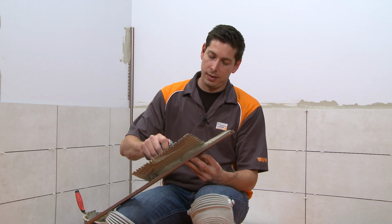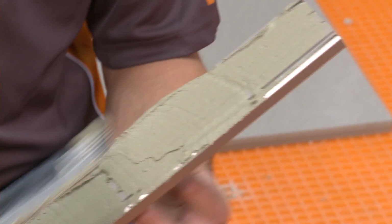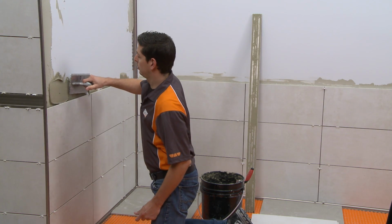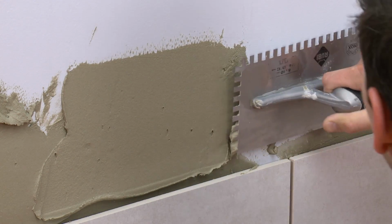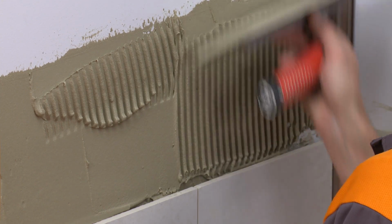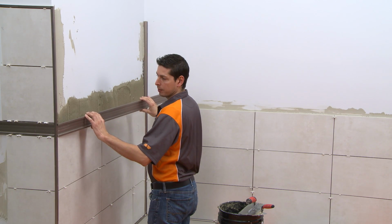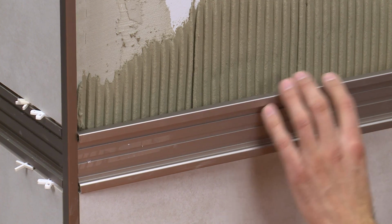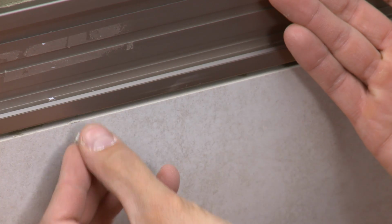Fill the dovetailed grooves on the backside of the QUADEC-FS. Using a notched trowel, apply thin-set mortar to the area where the profile will be installed. Note that QUADEC-FS can be used with thicker tiles by simply building up the setting material behind the profile. Press the profile into the mortar and align, leaving a joint of approximately 1/16 to 1/8 inch between the profile